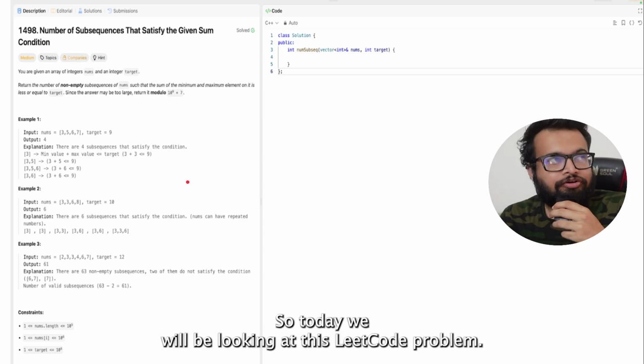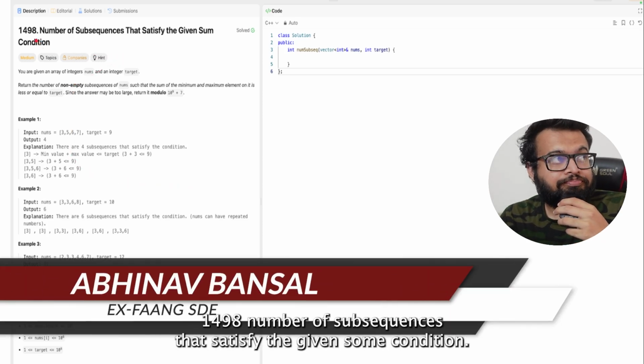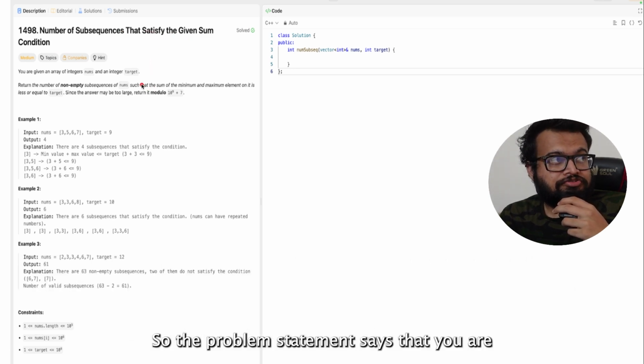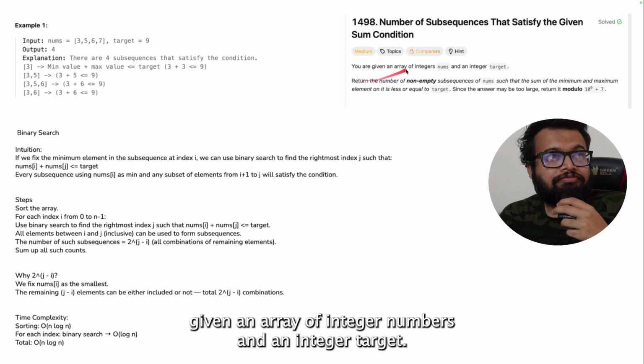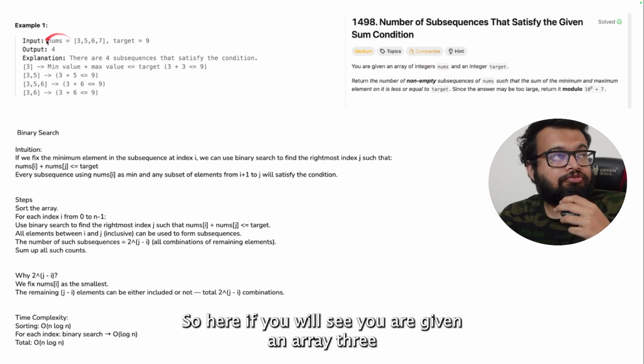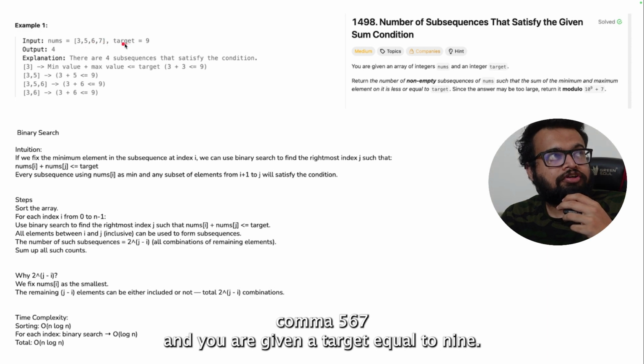Hello everyone. So today we will be looking at this Leetcode problem 1498, number of subsequences that satisfy the given sum condition. So the problem statement says that you are given an array of integer nums and an integer target. Okay, so here if you will see, you are given an array 3, 5, 6, 7 and